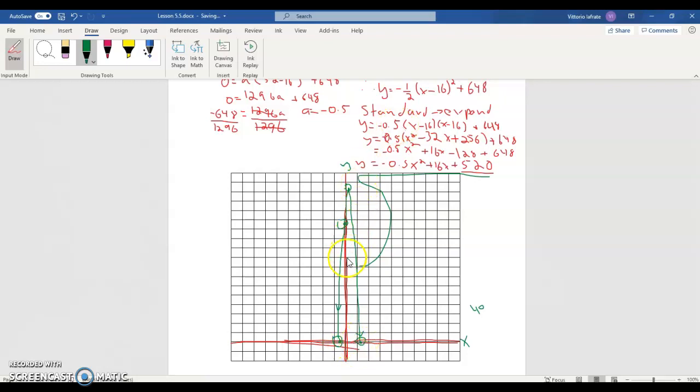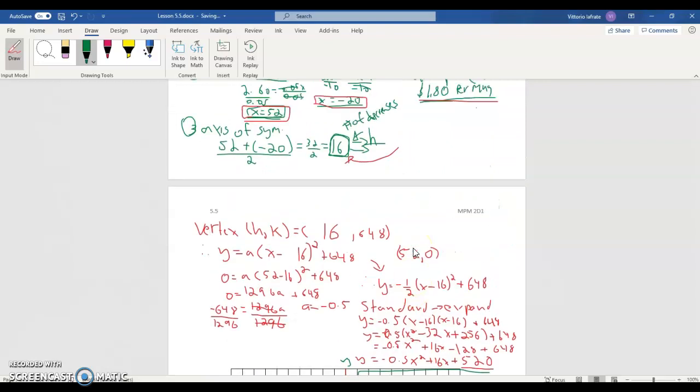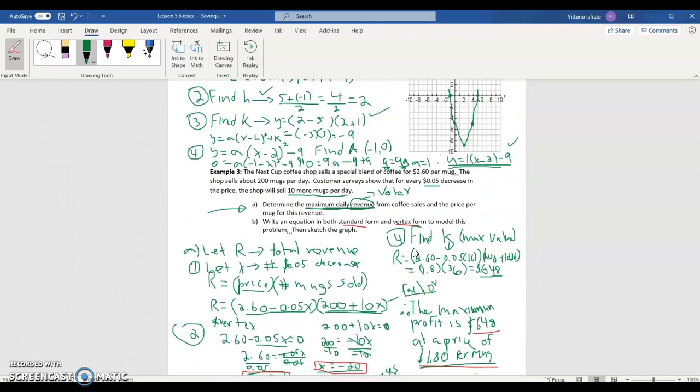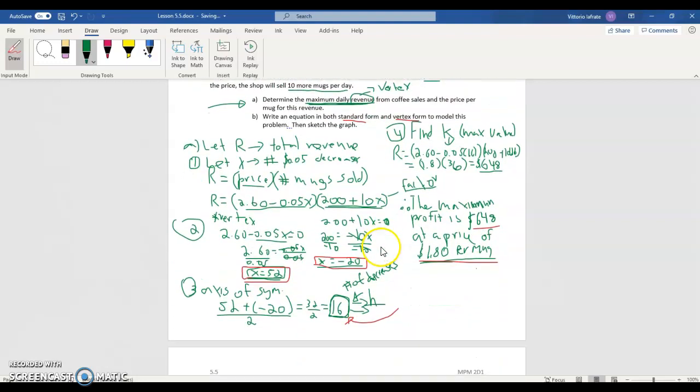To get a more accurate result, you might have to use a graphing calculator or get better increments. So like I said, 36 would probably be a bit of a better increment for me. I would have landed at 36 at my 18 value. So I would have had, for example, 36, 72, and I would have kept on going up until I got to 648 over here. So again, this was some practical problems using the vertex form, standard form, and the factored form all together. We saw how to maximize revenue. If I asked you for minimum, it'd be the same idea, just this time your parabola is dipping downwards instead, and you'd have a positive a value instead. So as you